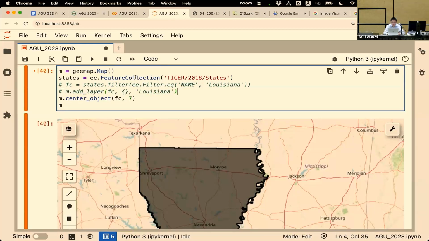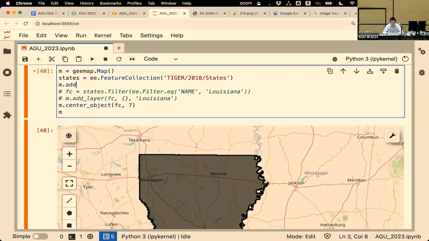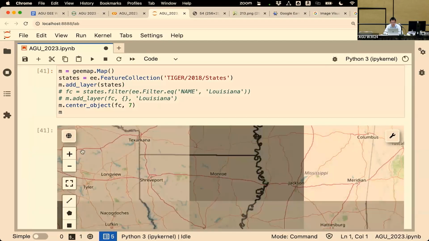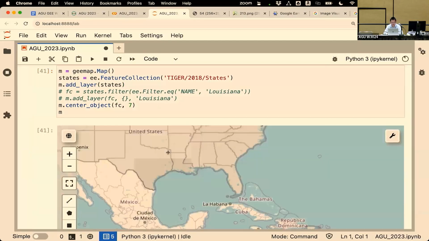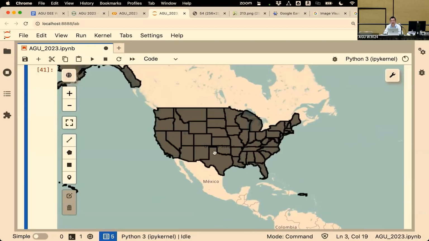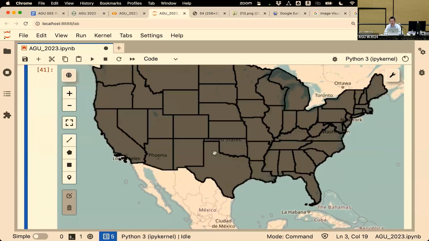So, right, I create a map. I point to this feature collection. I don't know what's in there. I don't know what the column name is. You can just simply do m.add_layer and then just type state. That's it. So basically just add the variable and then it should look like this, right? By default, this is what it looks like. It's not fancy, but if you want to see the attribute table, this is where geemap can